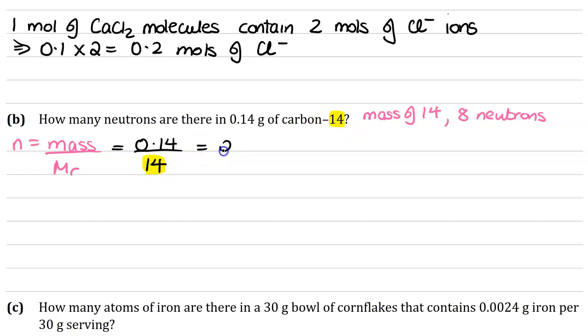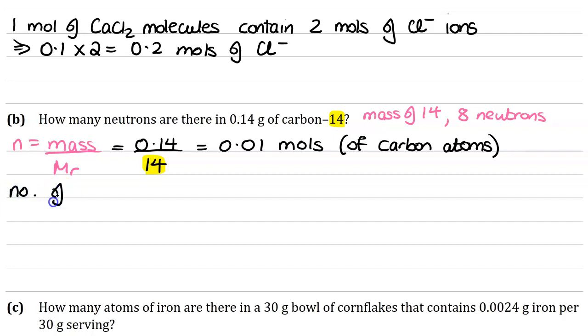So that means we have 0.01 moles. Okay, now that's of carbon atoms, because carbon is made up of atoms. Now, the number of atoms is equal to the number of moles